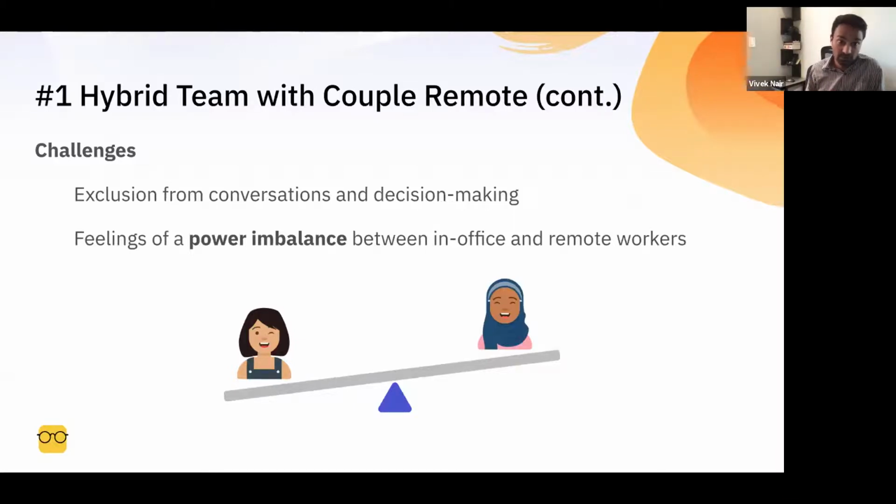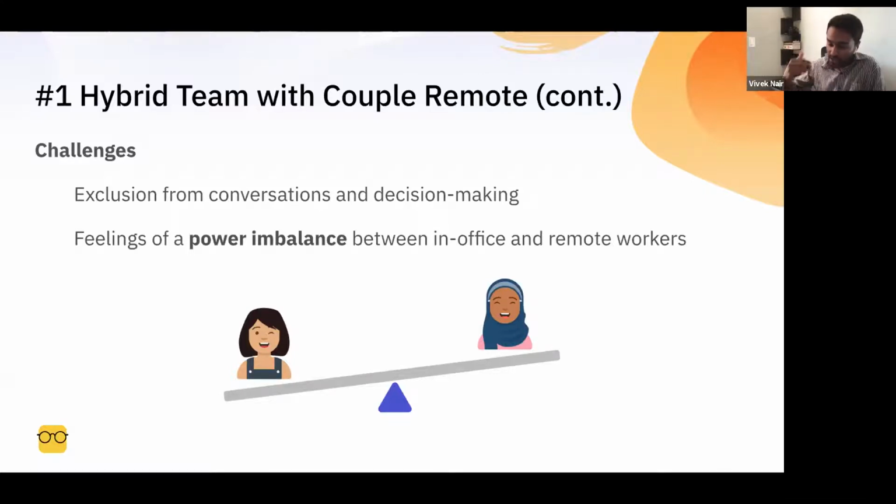And with respect to traditional challenges that you might find in these sort of hybrid teams, number one is exclusion from conversations and decision making. And part of that comes from a feeling of there being a power imbalance between in-office workers and remote workers. The biggest thing is that when you're inside of a co-located office, it's so easy, if you have 3 or 4 people on your team sitting right next to you, to go over, tap them on the shoulder, or engage with them in an actual physical synchronous conversation happening in real life.